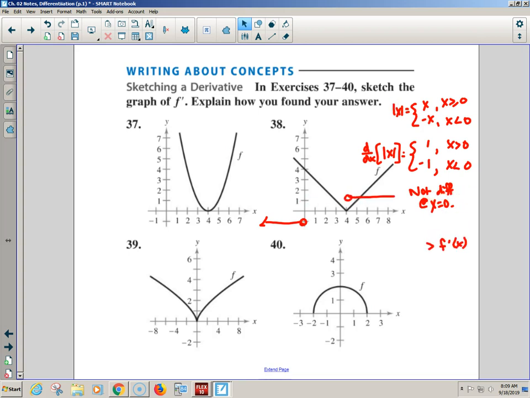I would just shift him over here and say, okay, so the slope everywhere above 4 is positive 1, and the slope everywhere below 4, on the left of 4, is negative 1. That's the only change you have to make, because the slope of this line is positive 1 for all of that, and the slope of this line is negative 1 for all of that. And so I graph negative 1 and I graph positive 1, and I say, not agreeing, oh, that's right. Derivative does not exist.